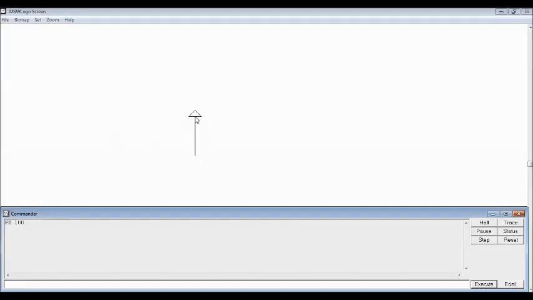Now I want to move my turtle from this place to this place without making any line. For doing that, we need to give the command pen up, that is PU, and press enter. Can you see? Is there any change in the turtle? No. But actually there is a change. Turtle has lifted its pen up. That means now if I move the turtle by giving the command FD or BK, while moving it will not draw any line.